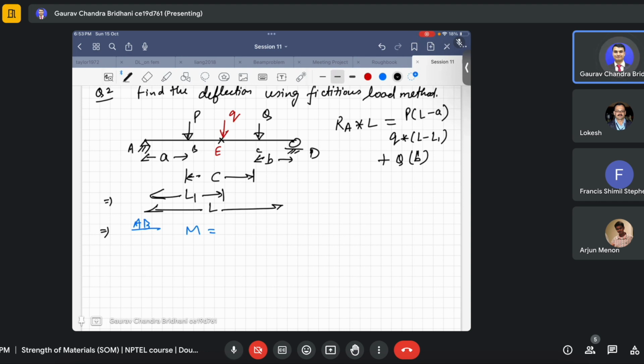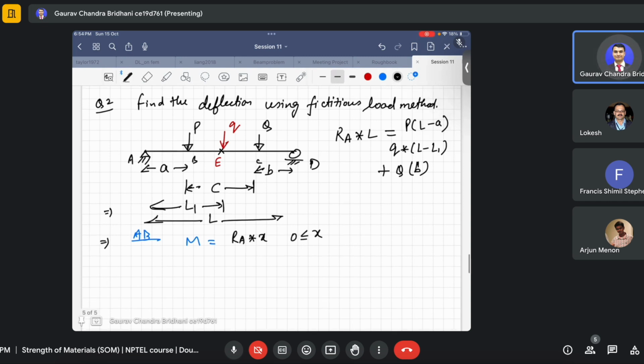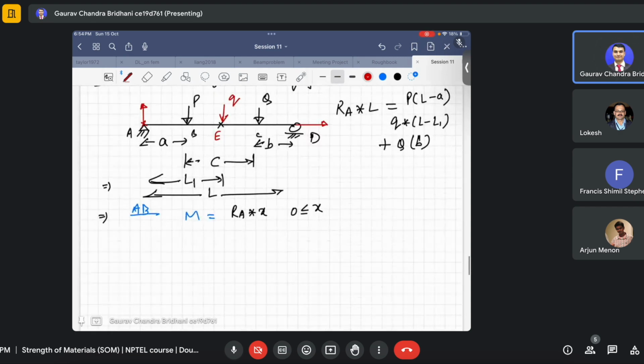Okay, and from there, M will be, for this portion, RA into X for X greater than 0. So this is my origin. Okay, so for X greater than or equal to A,